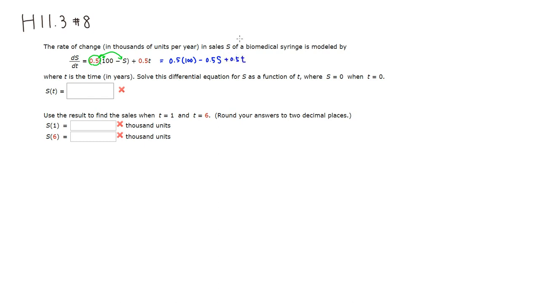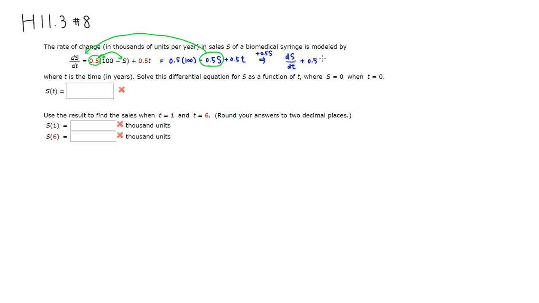So I'm going to move this s term over to the other side. I'm going to add 0.5 s, so we have ds over dt plus